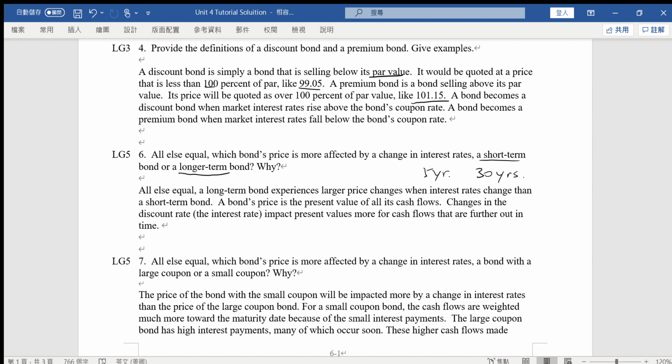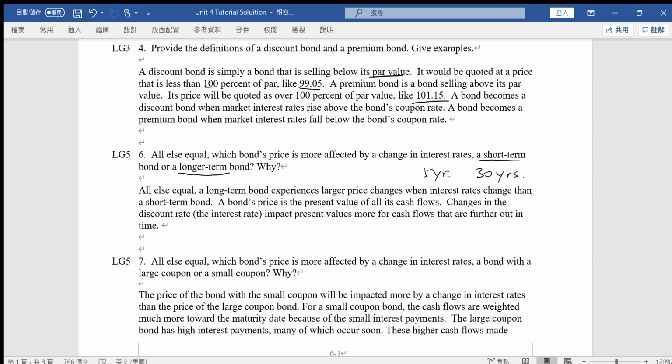Then the question is asking about the bond prices being affected by a change in the interest rate in terms of these two kinds of bonds, and that's simple. The one that will be affected much more is the longer-term bond, because there is a change of the interest rate, and